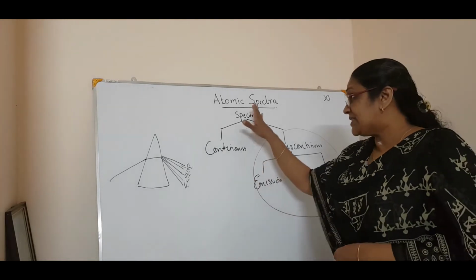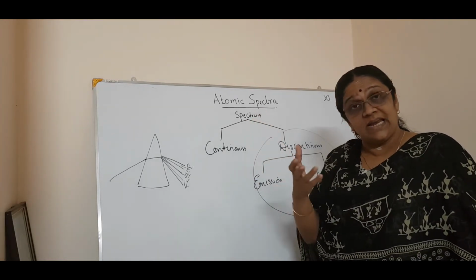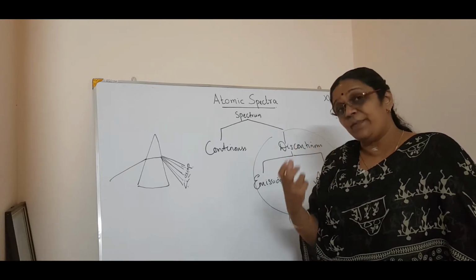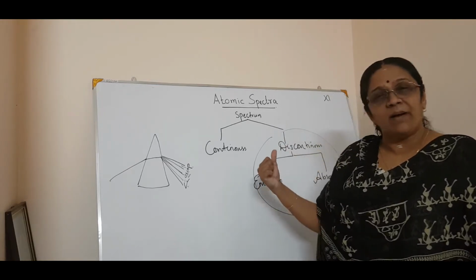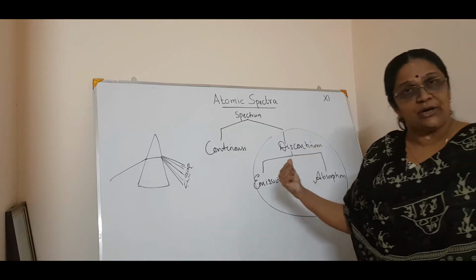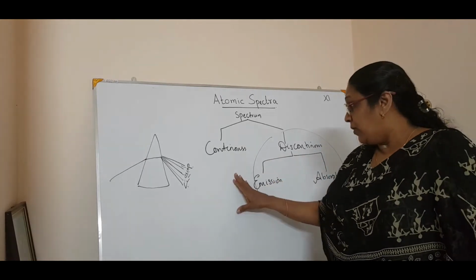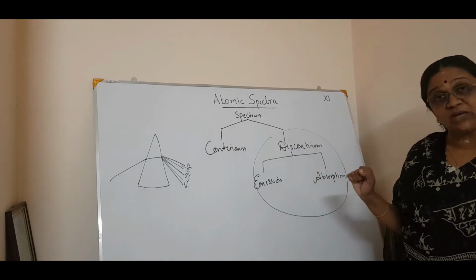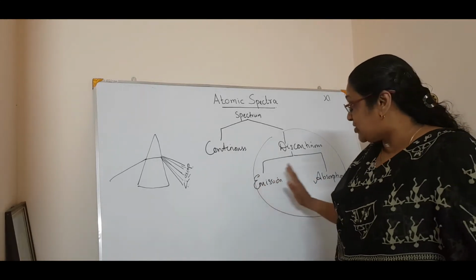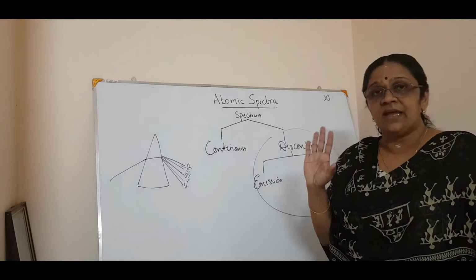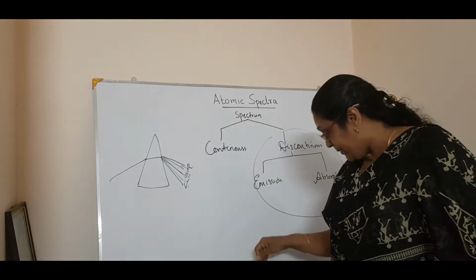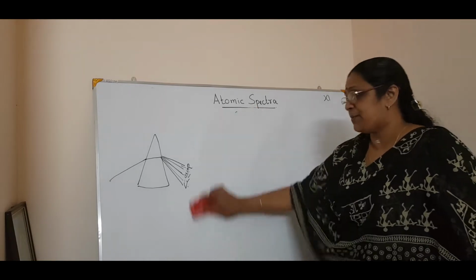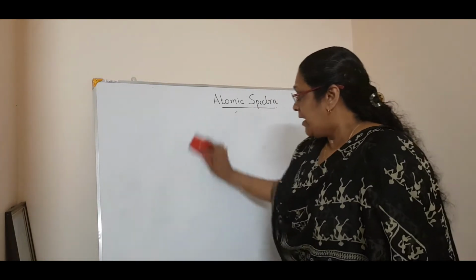Now we are studying the atomic spectra of the hydrogen atom in detail, which cannot be explained by the wave theory, but Planck's quantum theory accounts for it, right? Now we will study what the emission spectrum is and what the absorption spectrum is. These two spectra are discontinuous in nature. We will see them one by one.